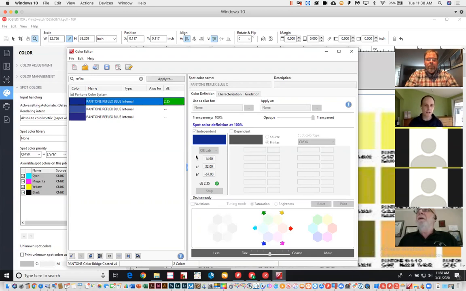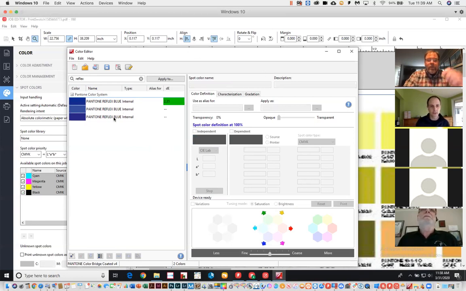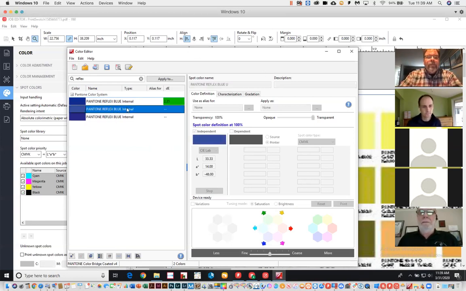And we've always been able to do that by taking a color in the central area here where Dan's cursor is, the LAB values. If you understand LAB color, you can do a manual iteration. If you know it needs to be more blue, well, you can add a larger negative. It's kind of a weird way of saying it, but make your negative value larger, and that will pull it in the blue area. The other thing you could do, Dan, if you select one of those other reflex blues, yep, on the left, and then do the conversion. Gotcha. So click the